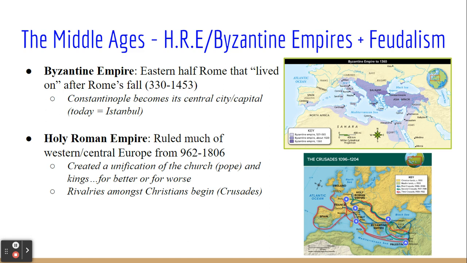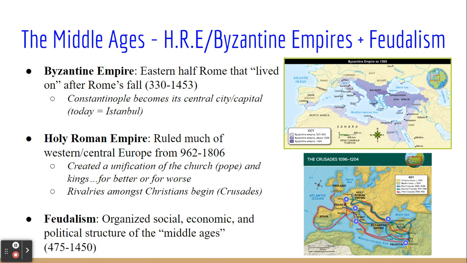And during this era, to put it mildly, a lot of religious rivalries, both within Christianity and against other groups like Islamic people in the Middle East, are going to emerge. In fact, there's going to be a series of holy wars from about 1096 to 1204 called the Crusades in and around the city of Jerusalem. A lot of these were financially and power hungry motivated, but a lot of it did have to do with religion. So religion and crowns are very much intertwined during the Middle Ages.